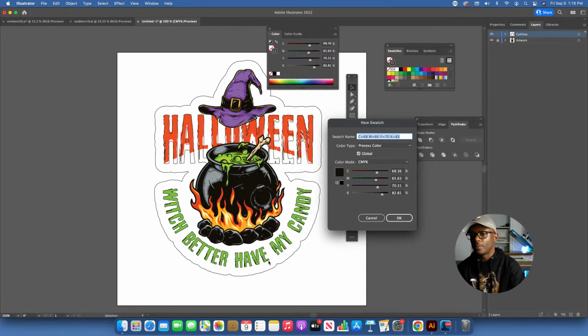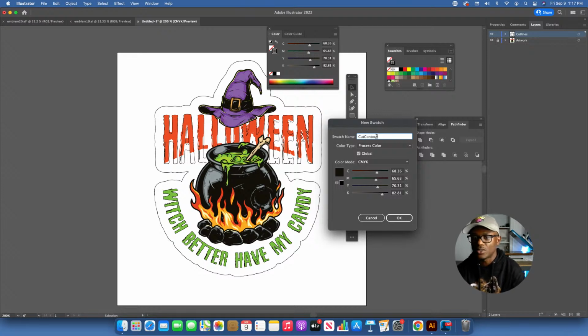So in your new swatch area now, this is the part that's super important. It's the naming convention of the swatch name that the printer is gonna look at. That's what the Roland is gonna look for. If you send this off to anybody to print it, you need to have this read as I'm going to put it in right now. So you got to spell out the name cut contour. All right, so to do that, you got to put in capital C and then spell cut, C-U-T, and then capital C in contour, Contour. That's how it has to be spelled. You can't spell it wrong.